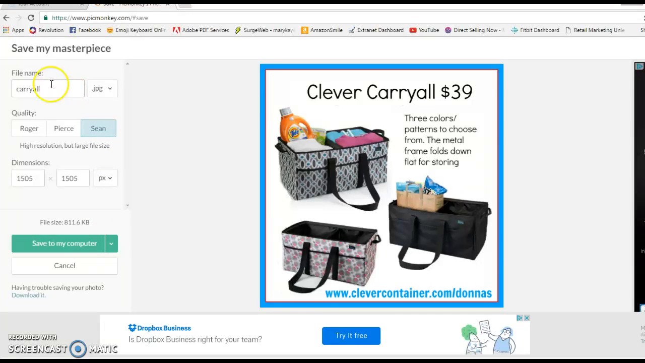And then again, so this is called carry all. You can call it whatever you would like. And then out to wherever it is that you are going to save it on your computer. Again, I'm not going to actually save this one because I've already done this. But